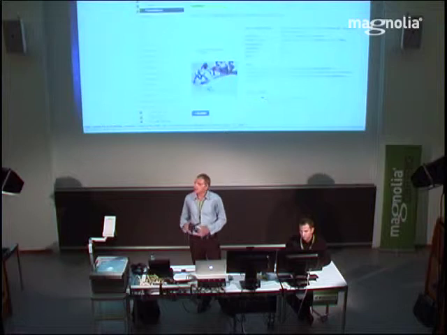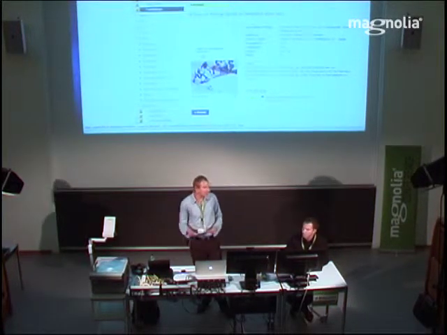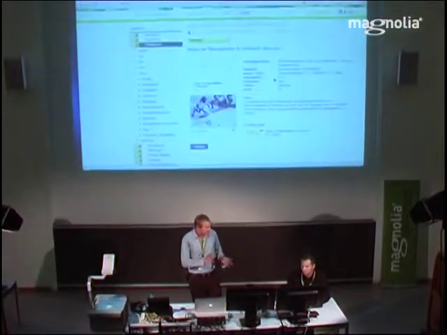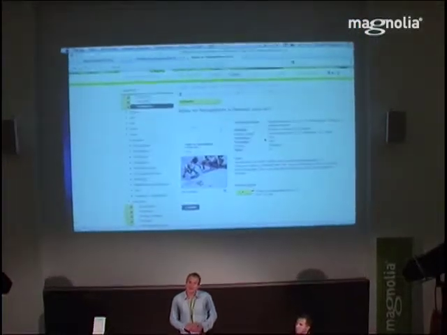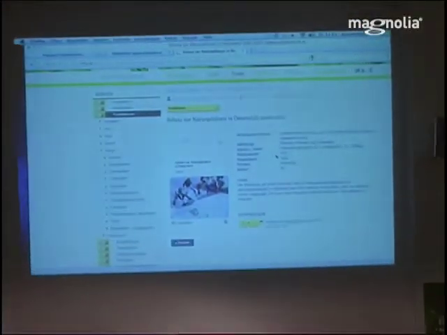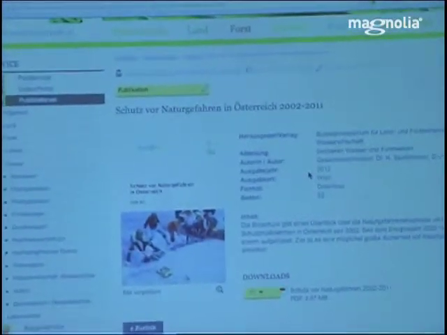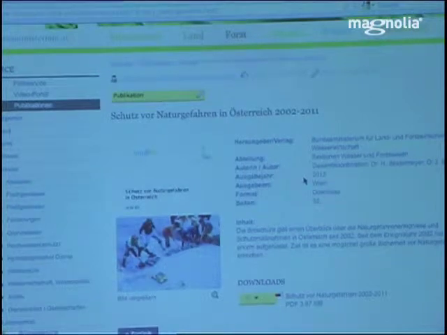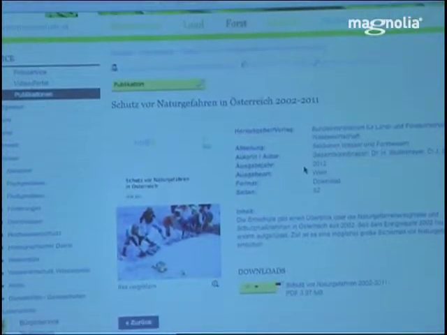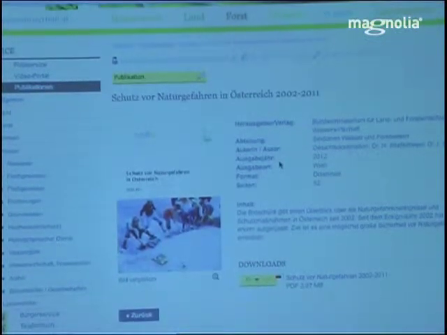And then in most of the cases, you can download the publication in PDF format right from that website. So to create this area of the site, the editors have to create hundreds of pages, one for each publication, and then upload the PDFs for those publications and provide some information about them using Magnolia's dialogues. And I think as you might have seen,